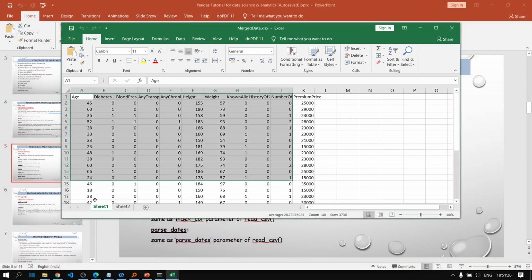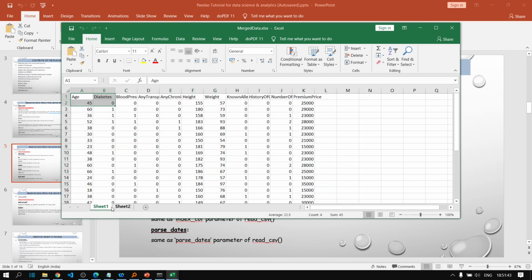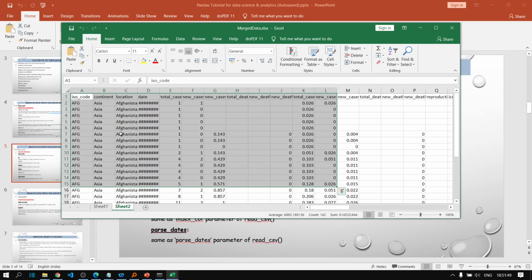Using this parameter, you can specify the name of the sheet from which you want to import your data. Let's say we want to import only the medical insurance data and not the COVID data. In that case, we will specify sheet_name equal to sheet 1. On the other hand, if we just want to import the COVID data, then we will specify sheet_name equal to sheet 2. Let's see that in action.